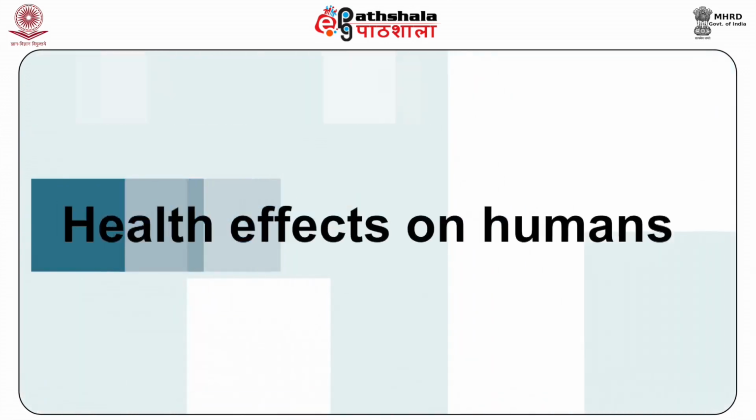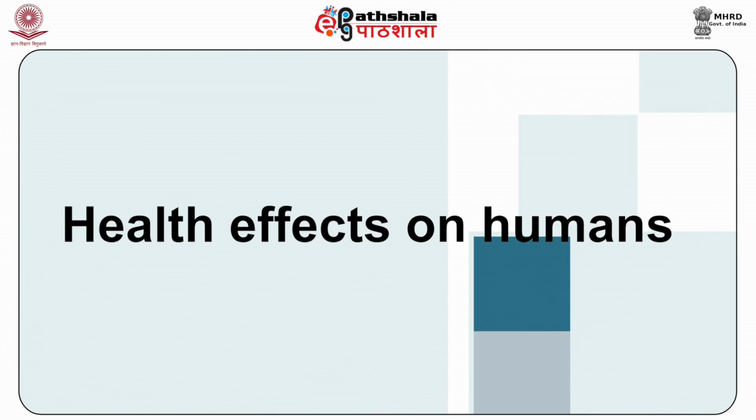Let us discuss the health effects of acid rain on humans. Human health is not directly affected by acid rain since the acids present in the rainwater are in dilute form. Nevertheless, the particulates like nitrogen oxides and sulfur dioxide that contribute to acid rain adversely impact humans. Increased levels of these fine particulates in air create lung and heart troubles including bronchitis and asthma.